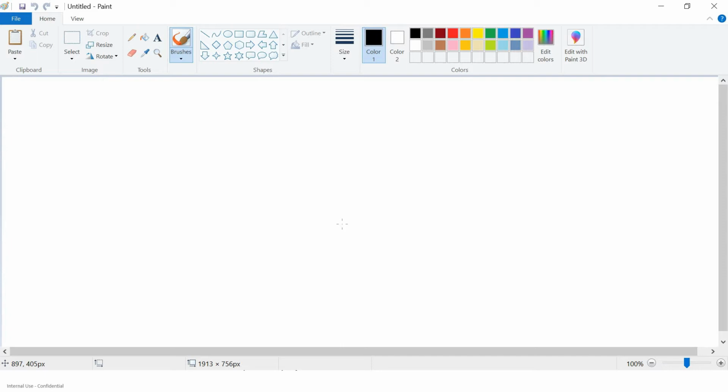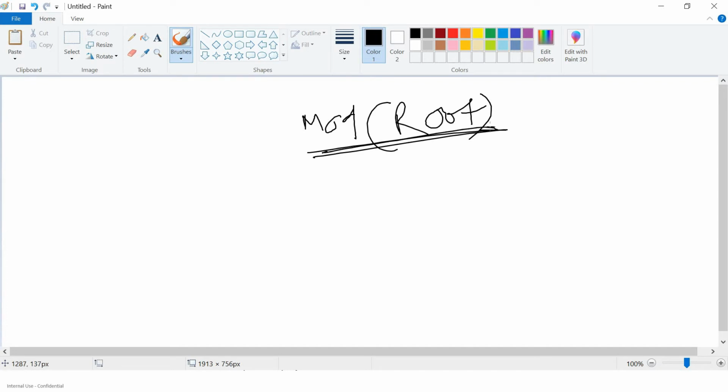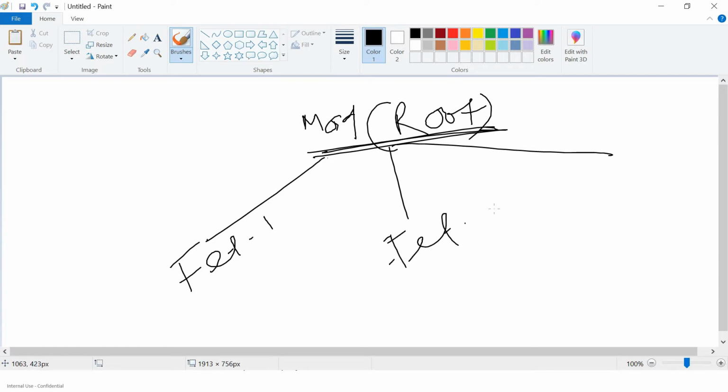So if you have an Angular project, right, if you created an Angular CLI project, the base thing you will find is one module, called the root module. Okay, so this is the root module. This root module can have multiple feature modules. So this is feature 1, feature 2, this is feature 3. These are all individual modules.